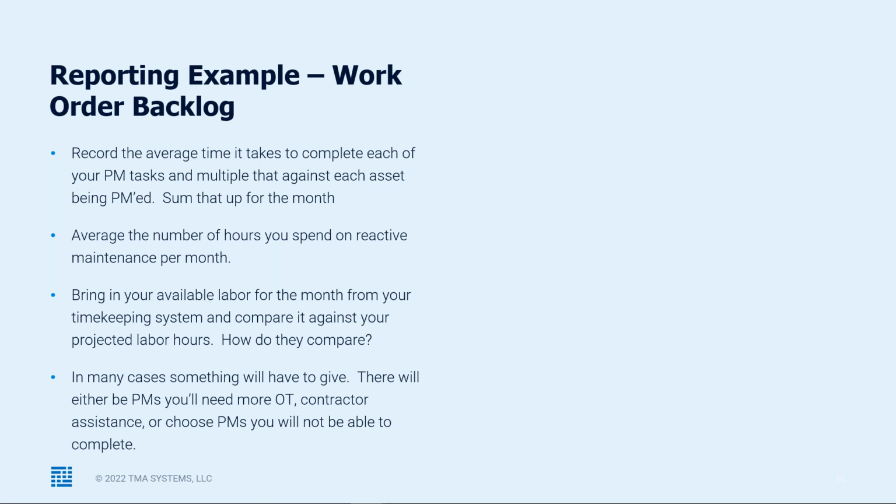Not all work orders are the same. If I give 100 work orders to a technician, it seems like they're overloaded, and maybe they are. But if it were 100 fire extinguishers, they could probably do that pretty quickly, whereas I could give them an annual boiler PM, and they may be working on that for quite a bit